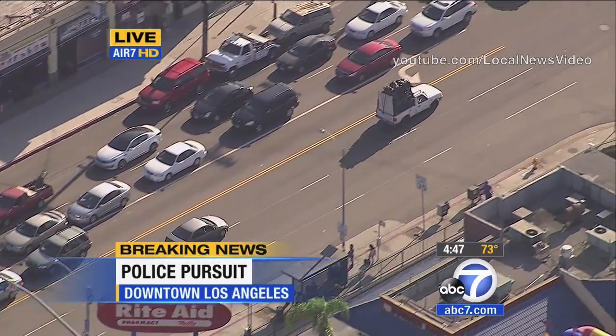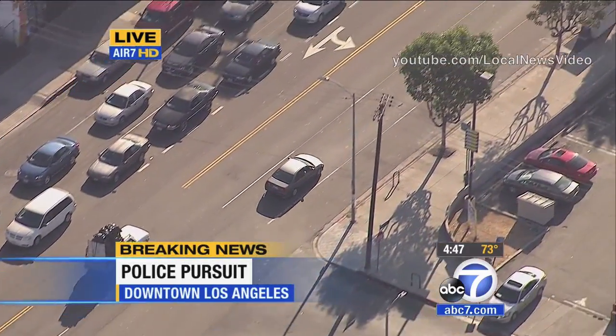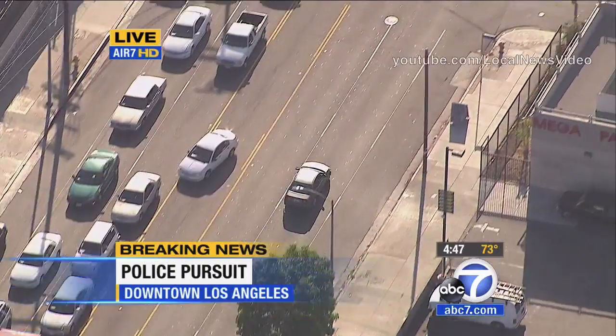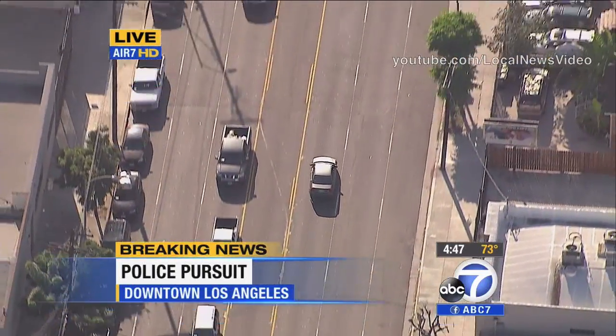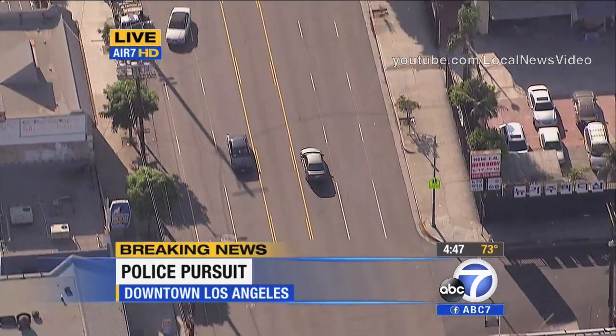Now he's making a right turn. He's going to go westbound. We'll get that street for you in just a couple of seconds. They're going to call that out for us, and once again, that is reported as a grand theft auto suspect, according to LAPD officers, in a small Honda Civic westbound. Now this is going to be Washington Boulevard westbound from Vermont,